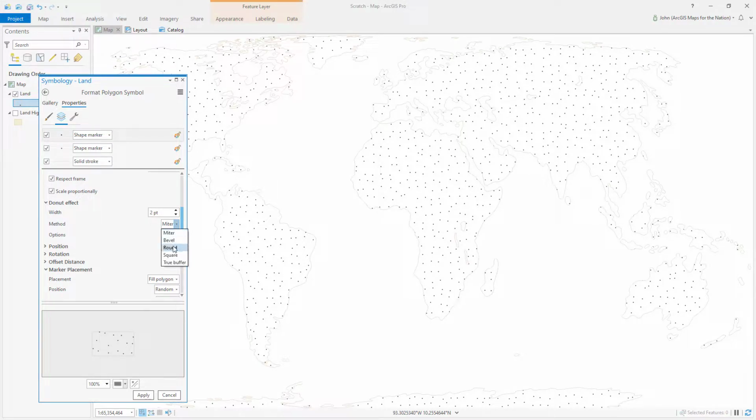I always like to set things to round because it's a more forgiving visualization in Pro. And my option, I'll choose accurate. I'm not in a hurry, so I'll choose accurate. And the donut width. Okay, the width is really, right now it's kind of,